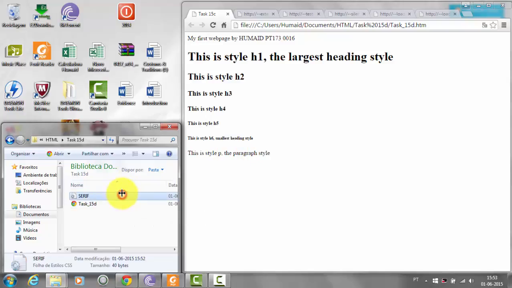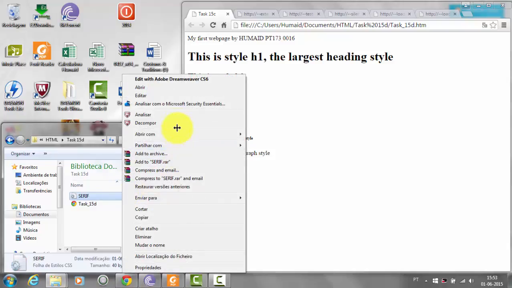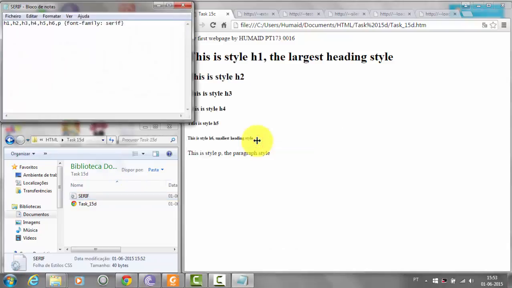You have to go here, go and put sans-serif.